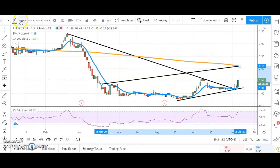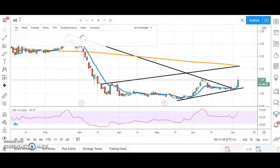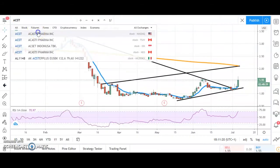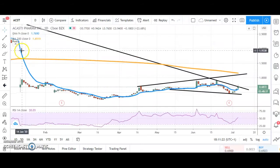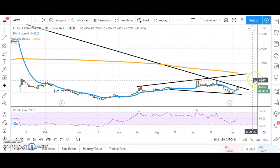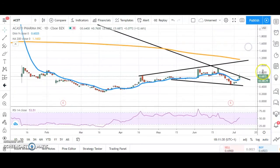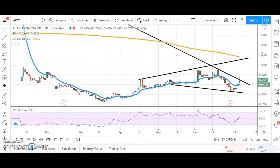Next stock is one that I actually looked at from time to time last year. Acasti Pharma actually became one of the worst car crashes that you could ever see. You can see that gap down there in January for the shares. But the current situation is looking a bit more encouraging, although you don't really want to visit situations where you know that there are bulls